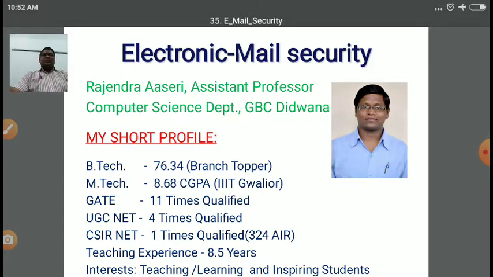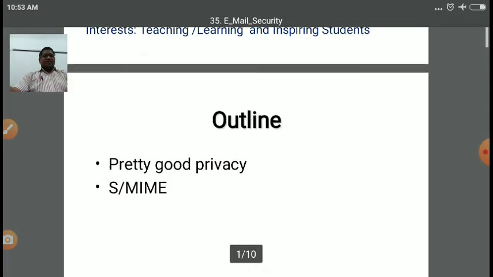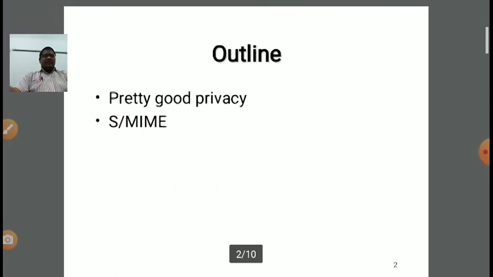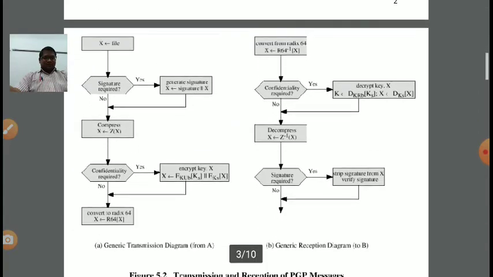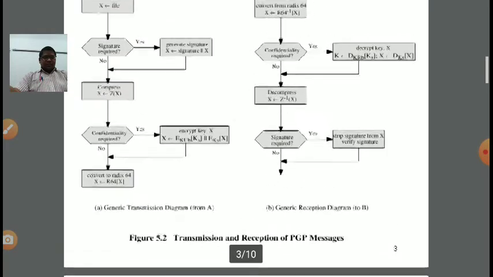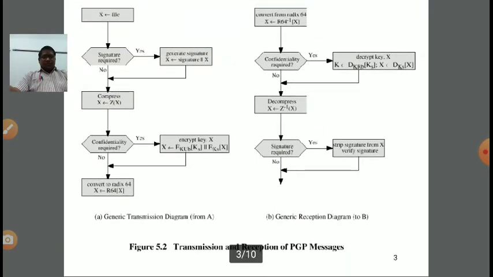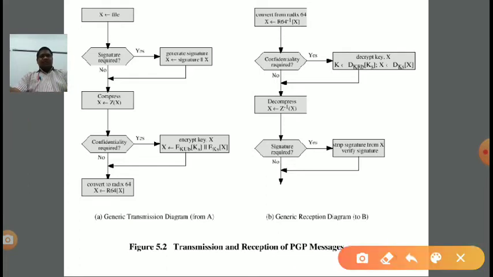So in the previous lecture we learned some basics of the PGP protocol, Pretty Good Privacy protocol, and various services or algorithms used in PGP, right? So in today's lecture we are focusing in detail. In this lecture series, PGP, Pretty Good Privacy protocol, and next lecture S/MIME. So PGP we are continuing in this particular lecture. Okay. So in the PGP protocol, step by step we are learning with the help of this flowchart.